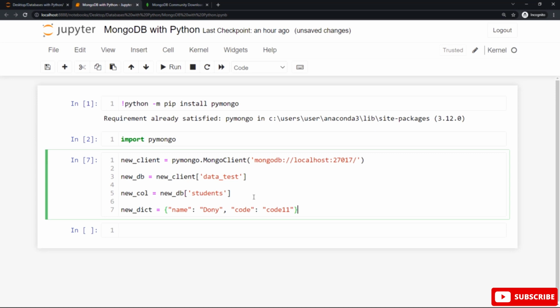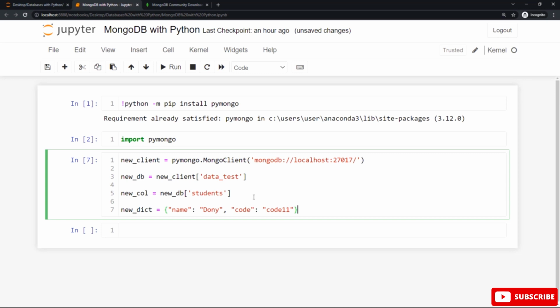Document, instead of record or row as in SQL. MongoDB uses documents instead of records. And to insert this first document in our MongoDB database called data test, inside the students collection, we need to use the insert one method.